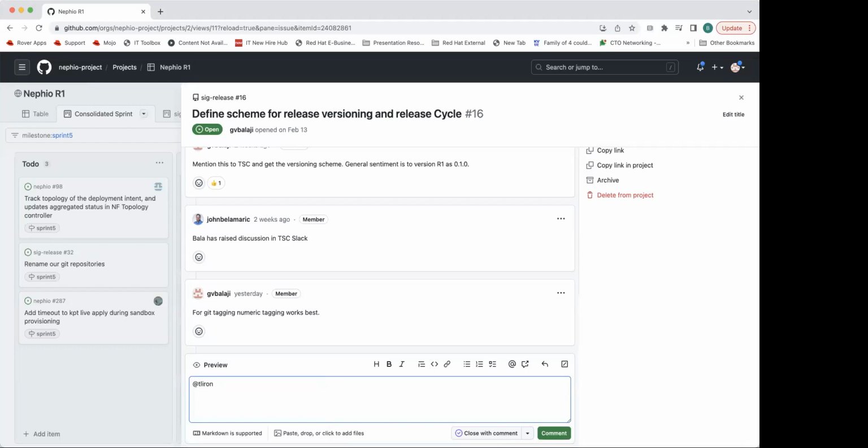We decide together. I think the decision was that there would be... The proposal was that we would release Nefio, calling it probably just R1, R2, R3, etc. Maybe with point releases if we need. But the proposal also says that per component, there will be a decision. So I don't know. Maybe we need to define that all our components should be 0.1.